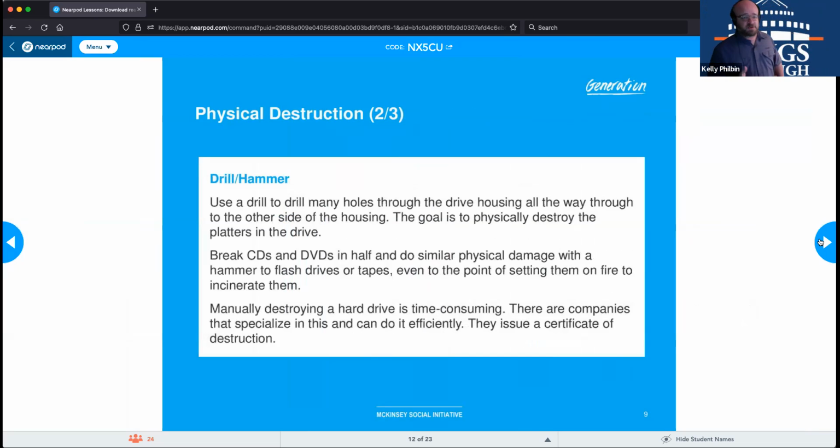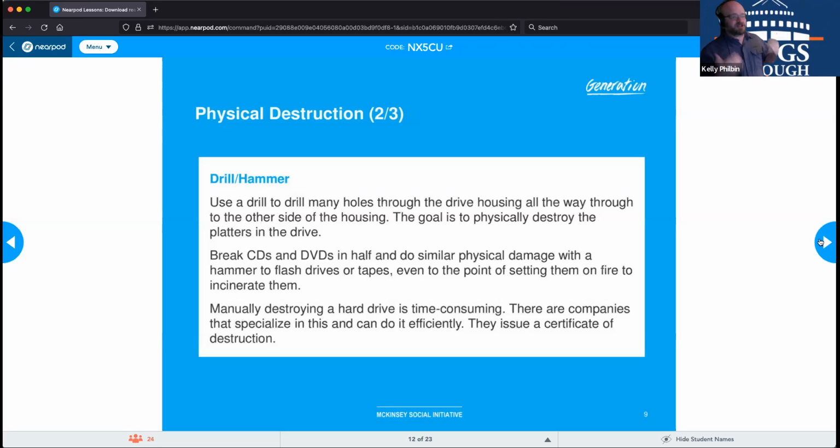I will tell you, if there are 1,000 hard drives that you've got to get rid of, this can get really tedious really fast. For the first 10 or 12 drives, you're like, yeah, this is awesome, I'm getting a workout, I'm getting rid of the drives. This is fun. And then by drive 150, you're like, oh my gosh, how many do I have left? My shoulders are killing me, and you're ready to be done with it. So if you only have a couple of drives to get rid of, this is generally a viable option.